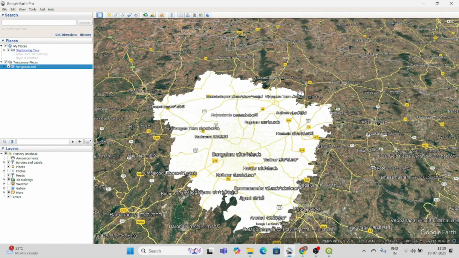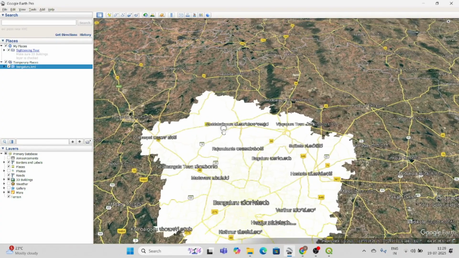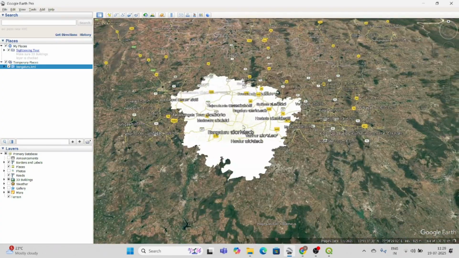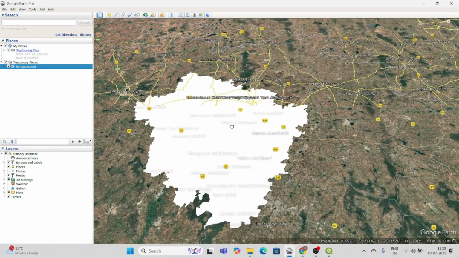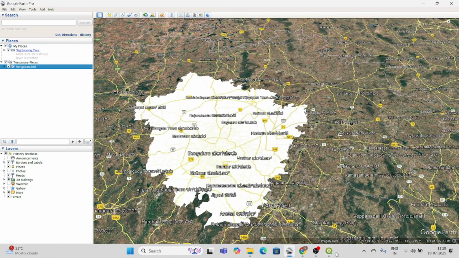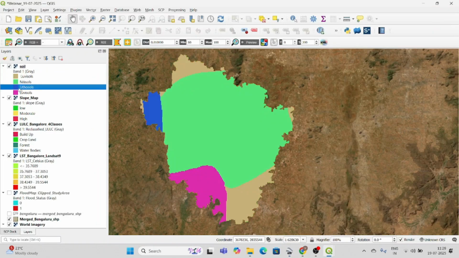So here you can see the Bangalore study area. I just put it in a KML format. Okay. The same one, I had mentioned what each one is. But when you are seeing vector data, it will not show you what it is.